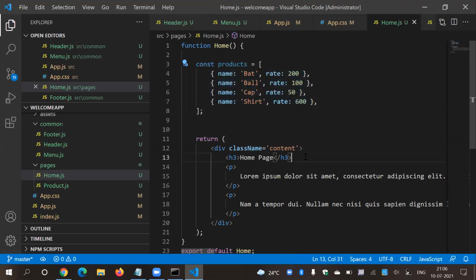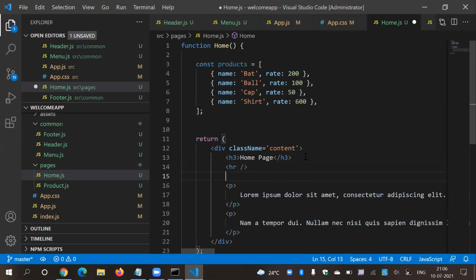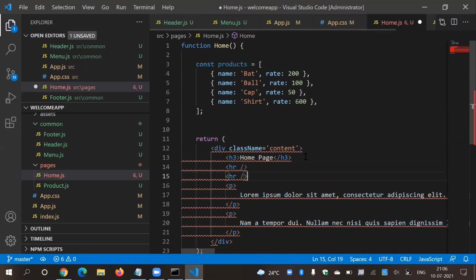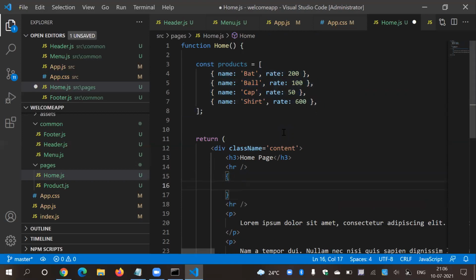Let's say after this, here hr slash and then again hr slash, inside these two lines over here. So the first way that you can do is simply start curly braces and say products dot map. Inside that, say like this.